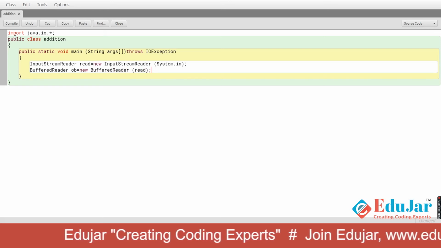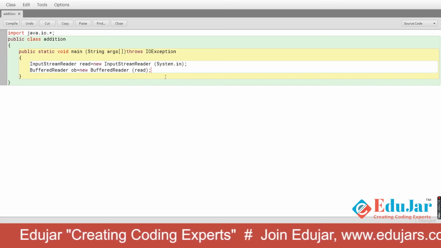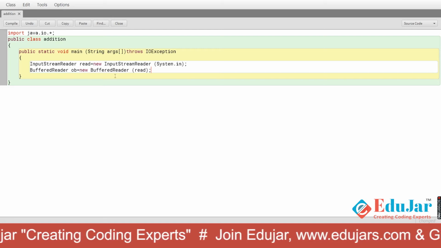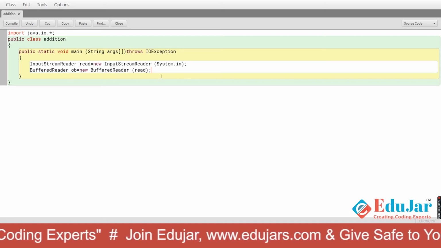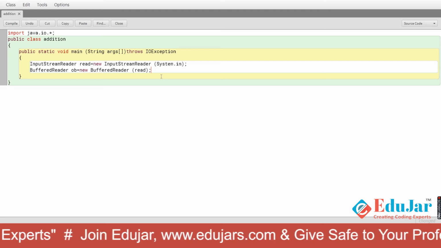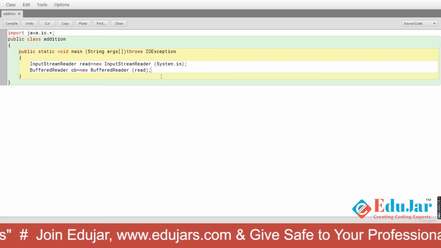Now I have written this statement, as we require it because we want the user to enter the values.